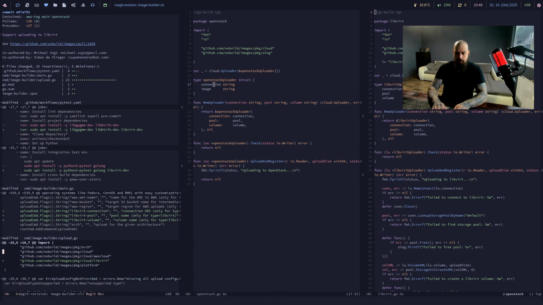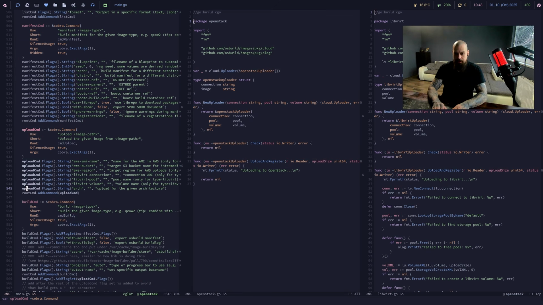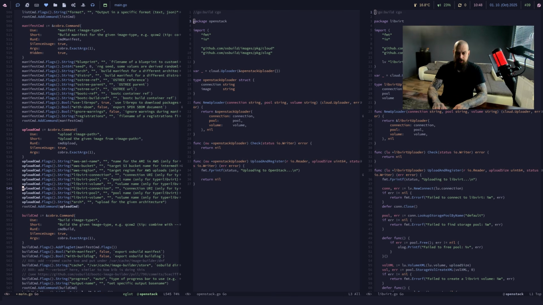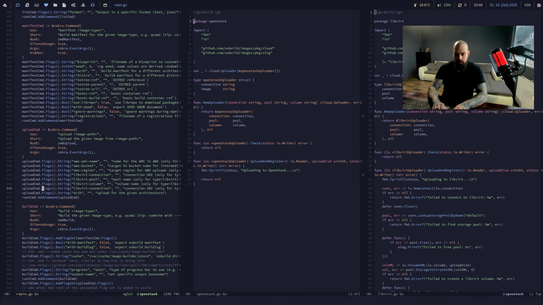So I added some command line parameters. Set no wrap. Basically these. We can definitely copy these, and maybe not all of these. Let's copy just one and do OpenStack